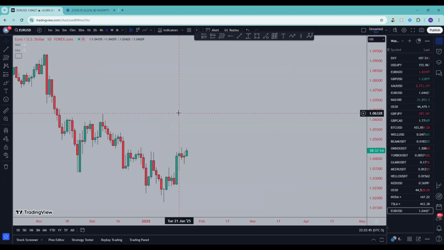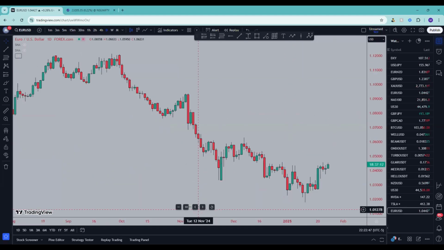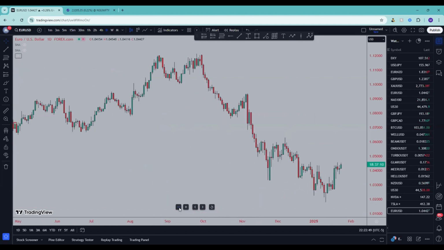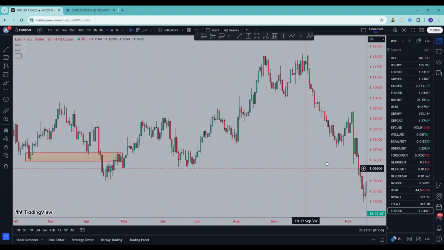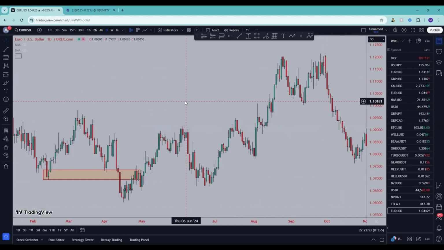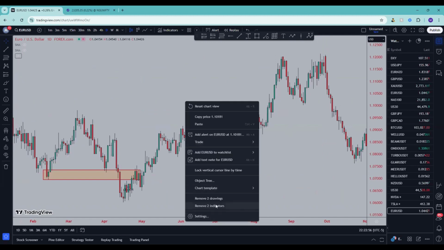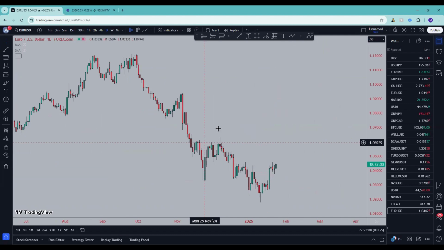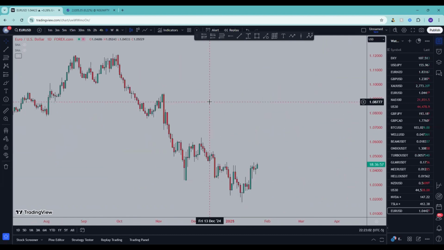Okay. So we're looking at the daily chart of Euro USD, and clearly we know that currently it's in a downtrend. So after establishing the trend, we know that we should only be looking for sell